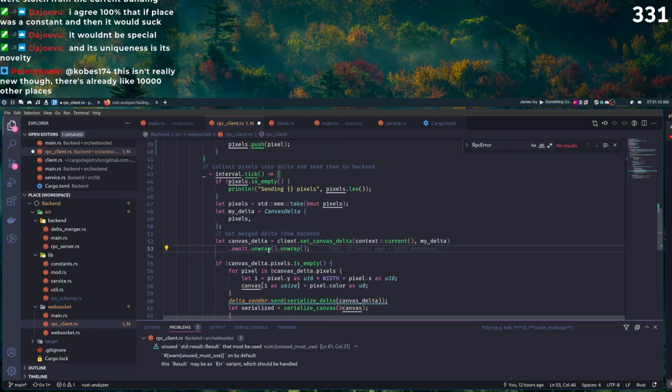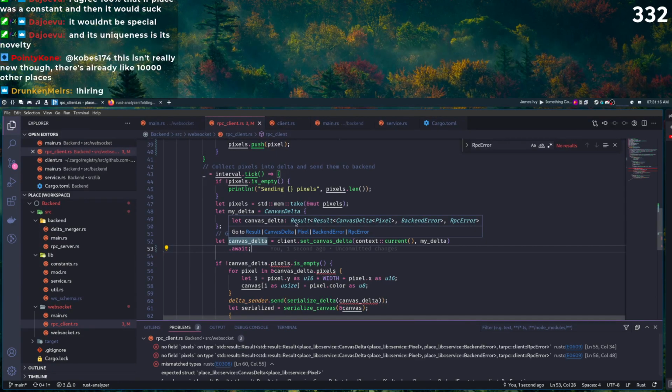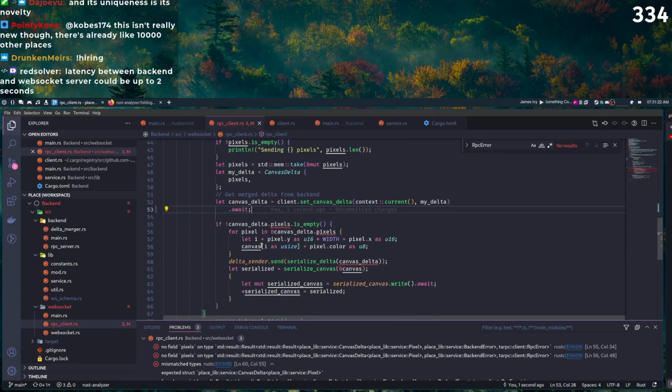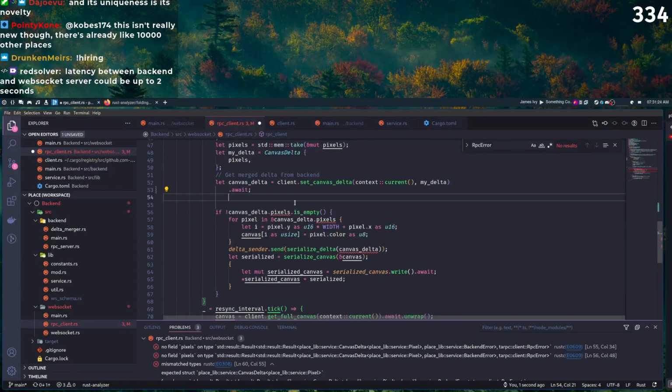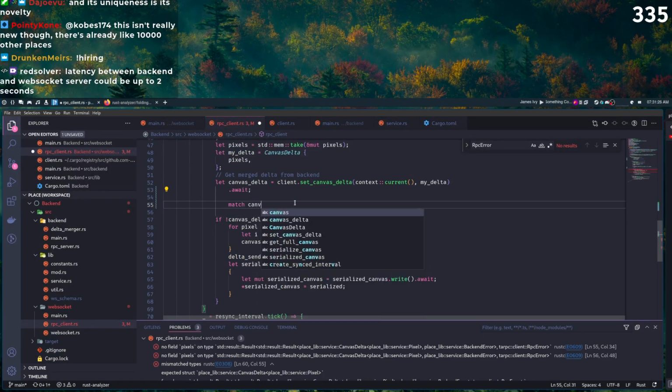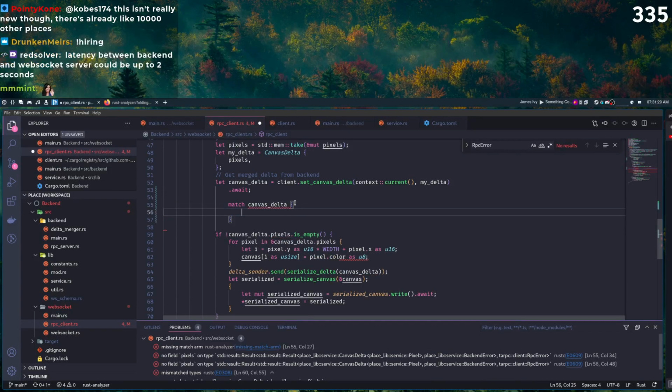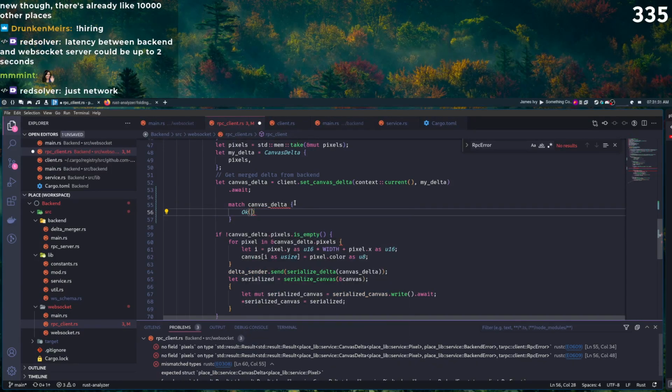So yeah, here's our thing here. This is a result, canvas delta, pixel backend error, RPC error. So there's a lot of different errors that could happen here. We're going to match canvas delta. If it's okay,